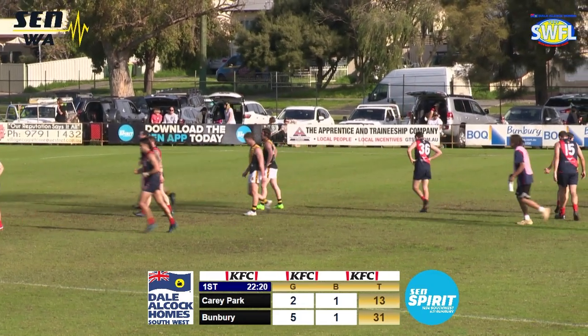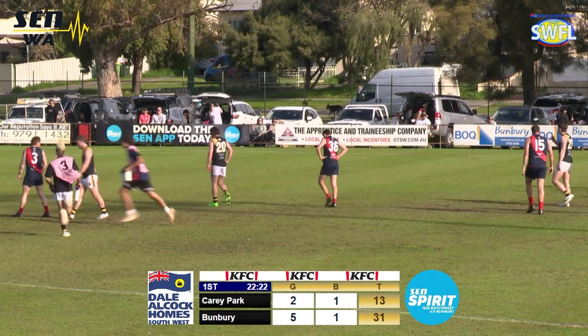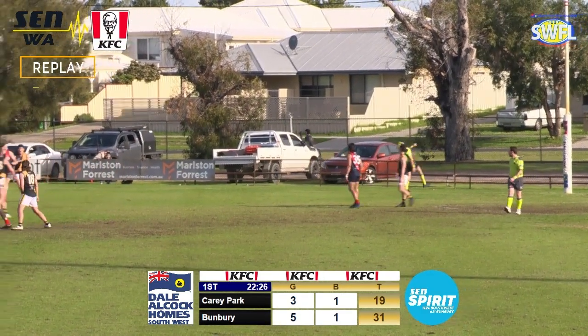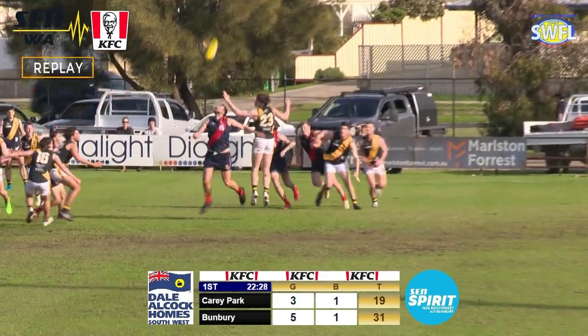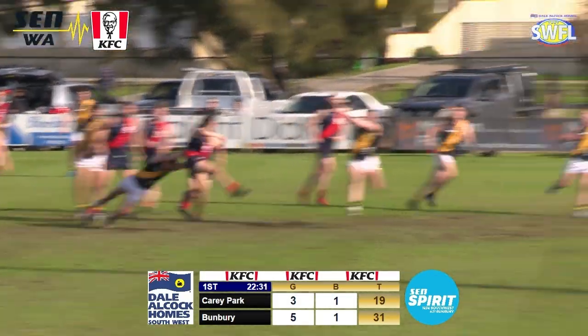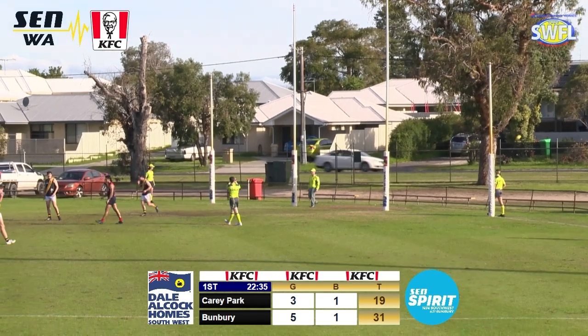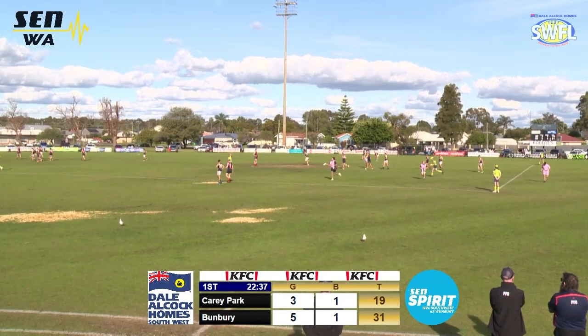And on the South West Isuzu scoreboard, Carey Park moved to 3 goals, 1-19, and Bunbury in front by a couple of goals, 5-1-31. And we're putting that down as a nominator for the Western All Pest Services goal of the day, because that was brilliantly read. As much as it was a much-needed goal, but he didn't have a lot of time to think about that, did DeLello, and he just...